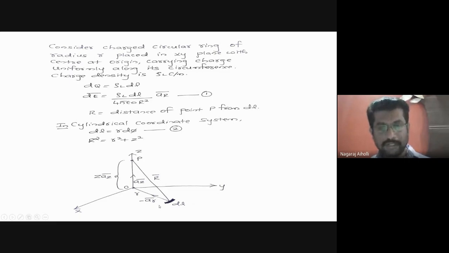This is one component, and another component is along the z axis. So it is not only minus aR bar, it is minus r aR bar. Magnitude is r, direction is aR bar. Then the z component is lying along the z axis only, from the origin to P, in the same direction. Hence it is plus z into aZ bar. Magnitude is z, unit vector is aZ bar.